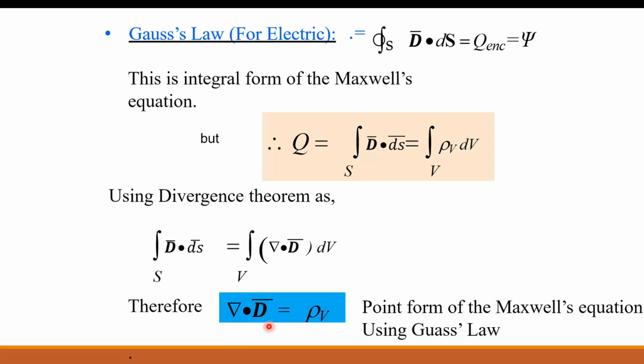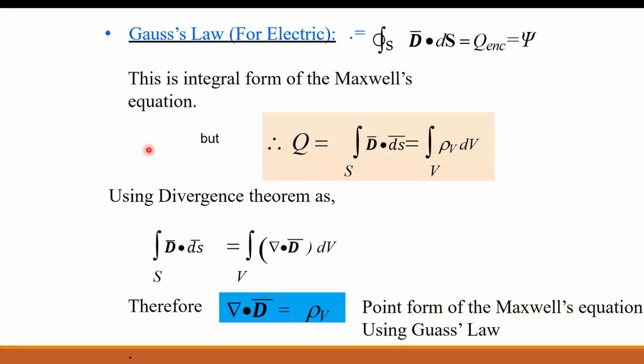Okay, so this equation is known as Maxwell's equation derived from Gauss law, and it is the point form of Maxwell's equation for static fields. Remember, there is a change in some equations for time varying fields. In time varying fields, we are going to see the same equations, but there are some time varying quantities, right?